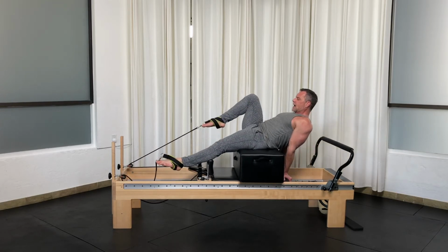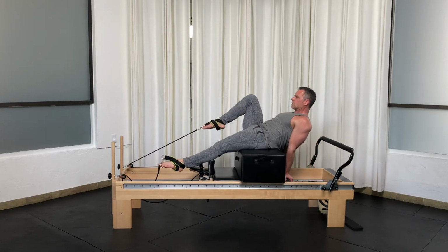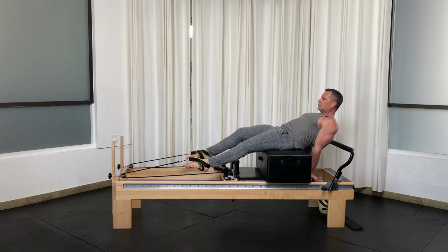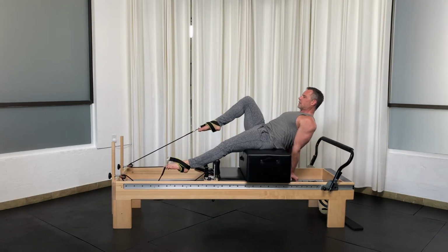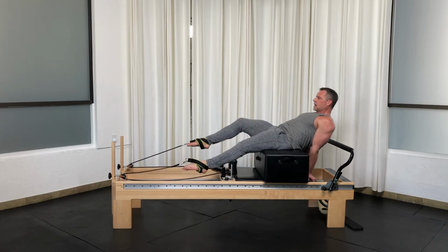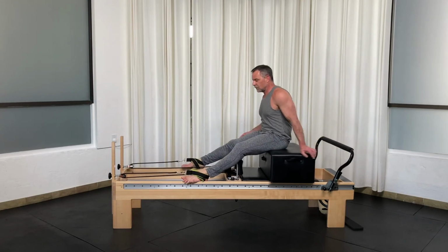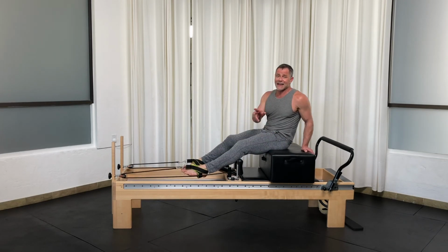And then right, 5, 4, 3, 2, 1, and then up. So if you felt that that still wasn't heavy enough, let's go back to that side